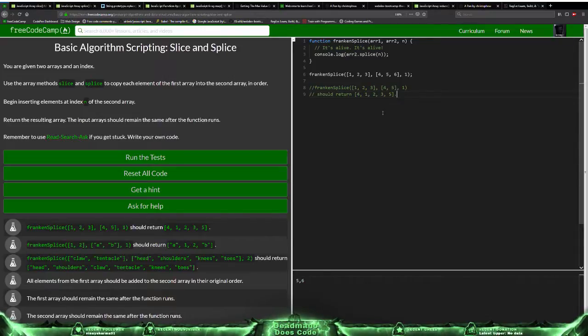22 minutes. Okay, let's think of the logic. I need this 4 to be in the front of the array. 1, 2, 3 stays as it is. I'm taking the 4, putting it in the front, taking the 5, putting it at the end. As per every example, oh,